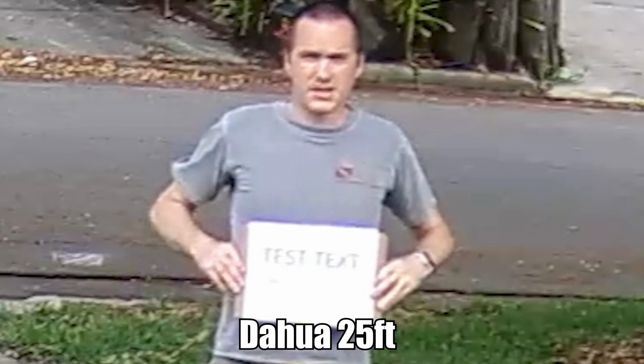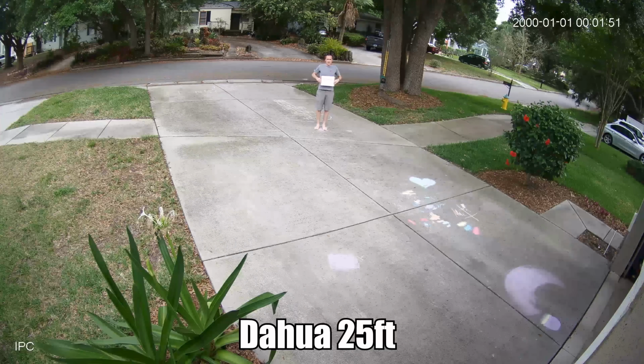You can also see the downfall of varifocal cameras here, where there's some chromatic aberration visible on the Dahua image. In a fixed focal length camera, the lens is tuned for one specific focal length, but a varifocal lens needs to be able to be adjusted, meaning it might not always be in its sweet spot. All things considered though, the Dahua image is actually really good considering how wide the field of view is, and